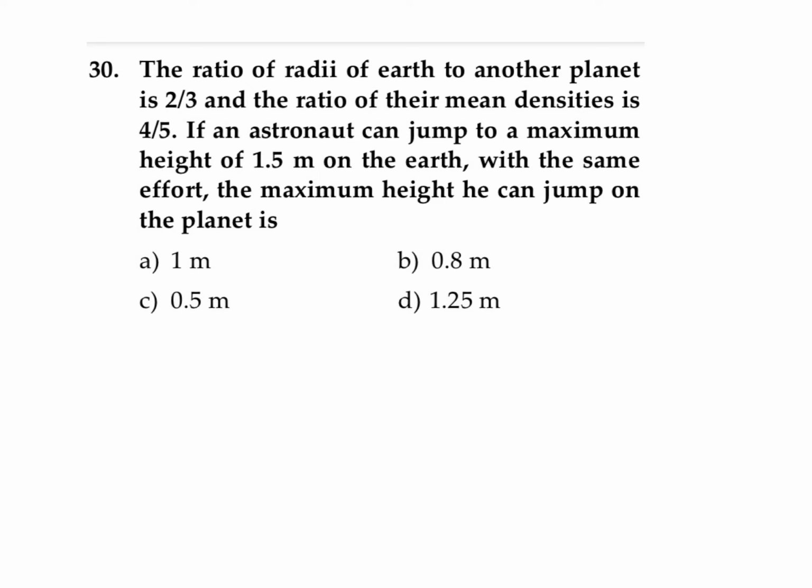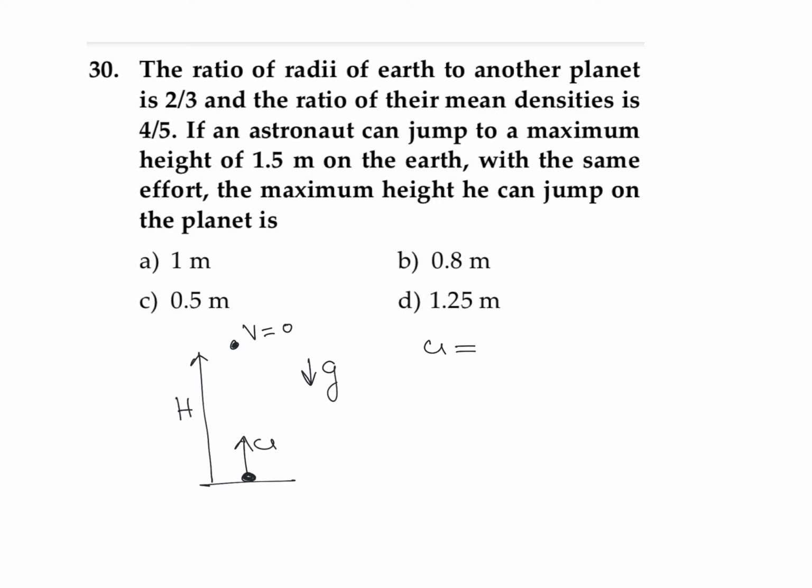So let's see what is the relation between this maximum height and acceleration due to gravity on the surface. That means if we are projecting an object from the surface of a planet in upward direction with a velocity u, then it will be able to reach some maximum height. At the maximum height, we know that velocity is going to be 0. And let's say the maximum height attained by this object is nothing but h. And let's say the acceleration on that planet is g, acting in downward direction.